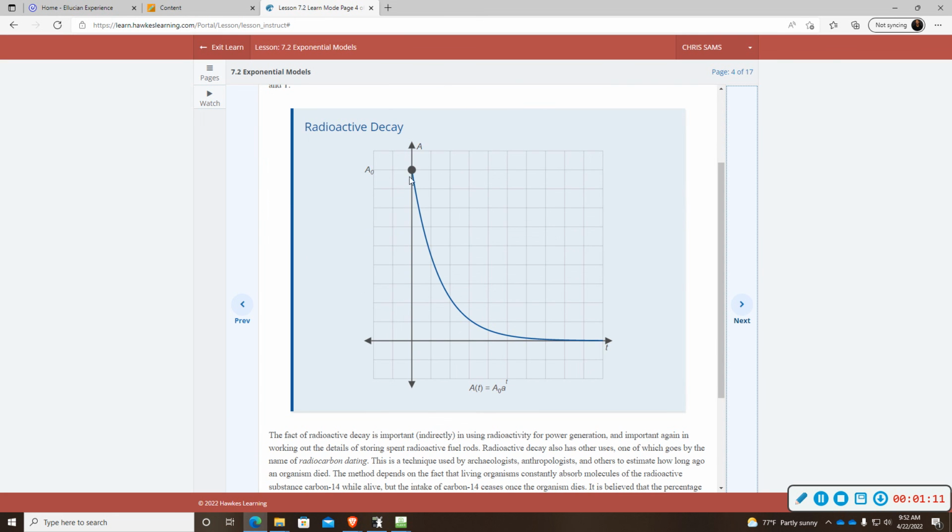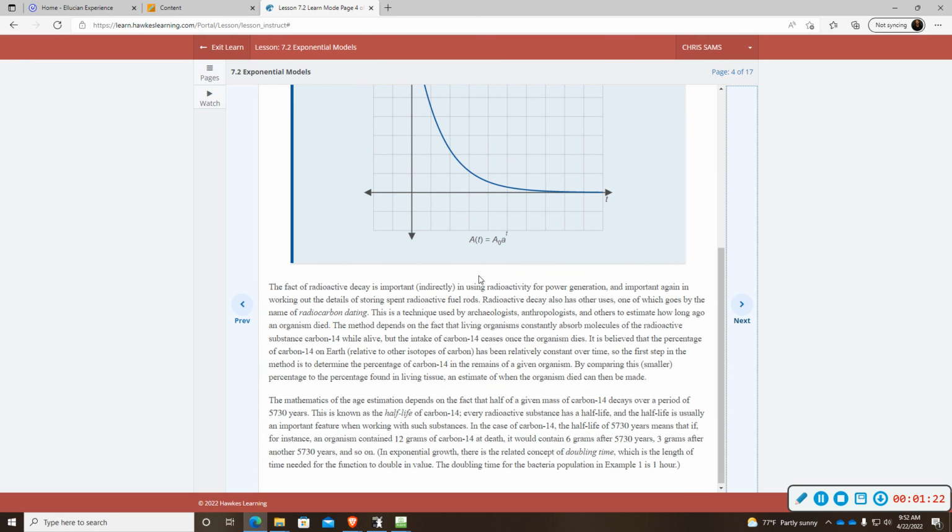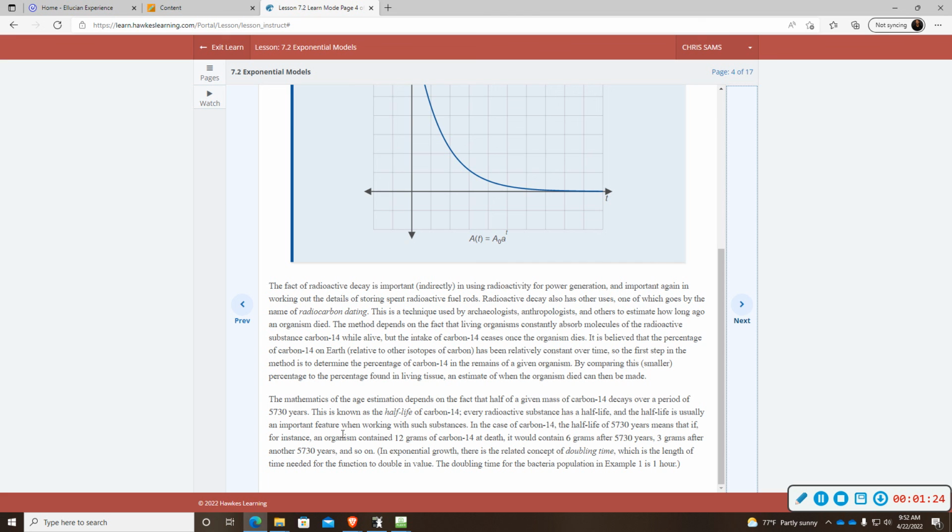However, it normally starts on that left side, but for positive scenarios, this is more fitting of a real world scenario. But that's just a model of decay, and it gives you a little information about how it's used. It's very much applicable